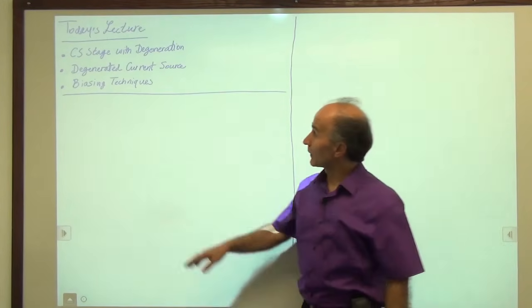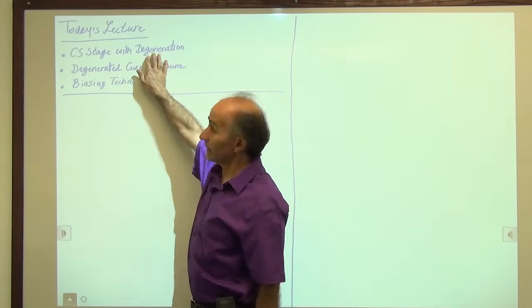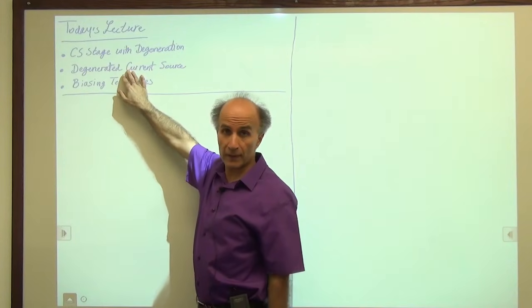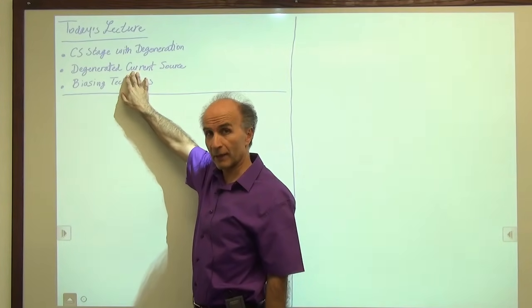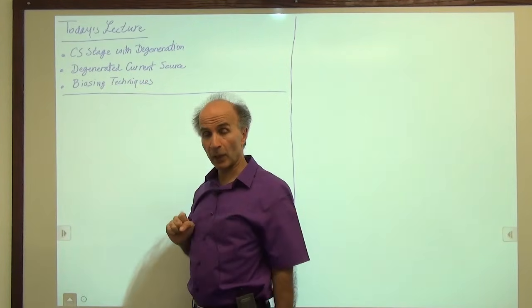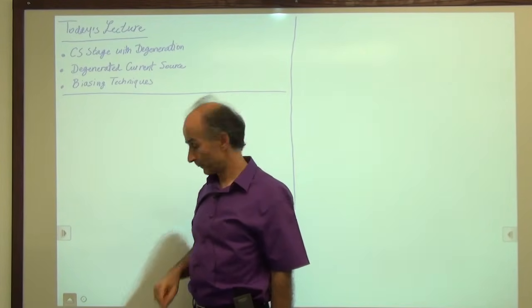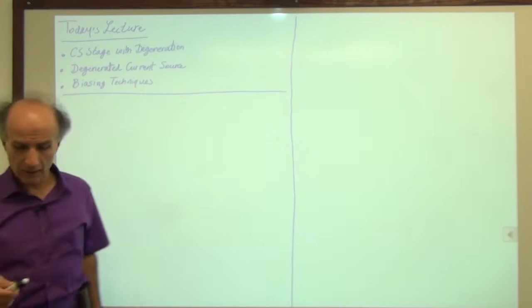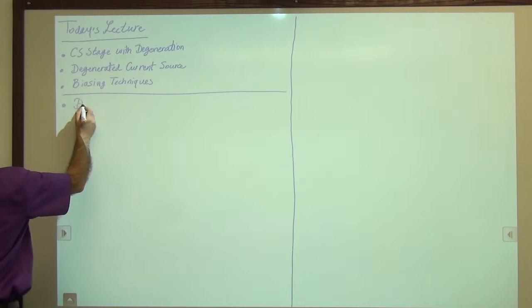Okay, so today we'll start with the common source stage with degeneration. Then we apply this concept also just to current sources. They are not amplifiers, just current sources, but they can be degenerated. And it has some nice results from that. And then we will look at biasing techniques for this common source stage that we have studied. Very well, let's begin with the degenerated common source stage,